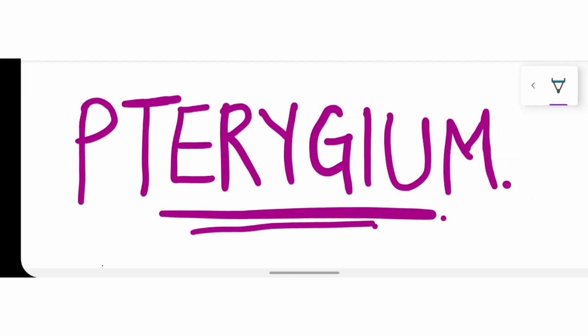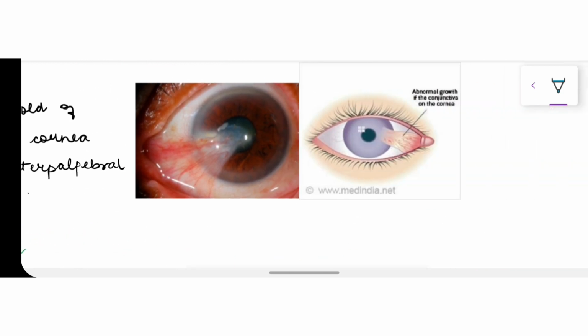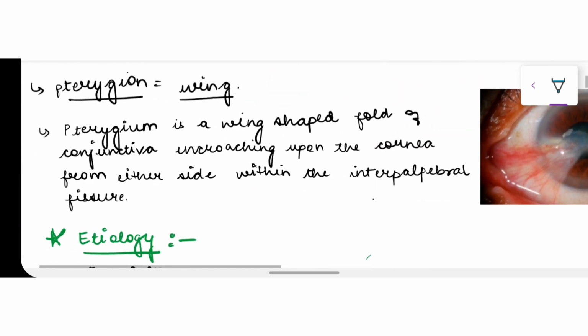Everyone, today we are going to learn about pterygium. What is pterygium? Pterygium is basically a pathology of the conjunctiva in which there is abnormal growth of the conjunctiva on the cornea. Pterygion equals wing, so pterygium is a word derived from that, and it is a wing-shaped fold of conjunctiva